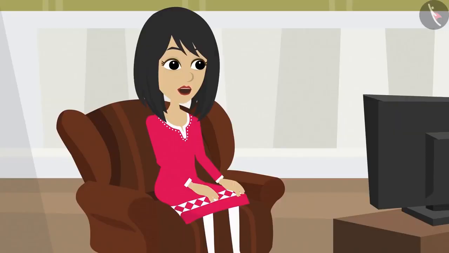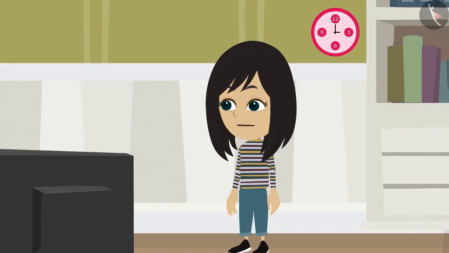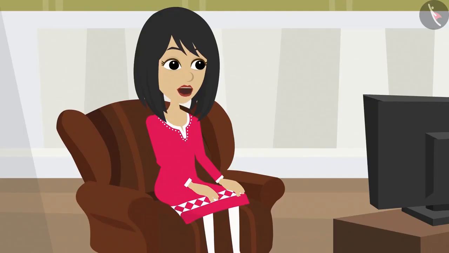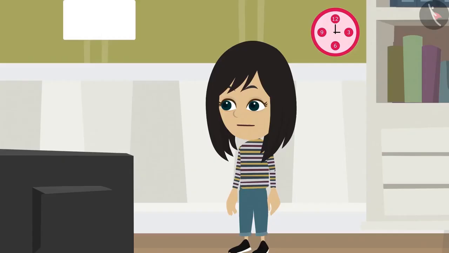Let's see what's next in your list. Next is the design on the gate of our house. Yes, there are many rounds made on it. Not rounds, Mummy. Say circles. In the language of math, round shapes are called circles. Okay, the gate has many circles too. But there is a difference in the design made on the gate and the design of the rangoli. Can you tell what is the difference? The difference is the number of circles.